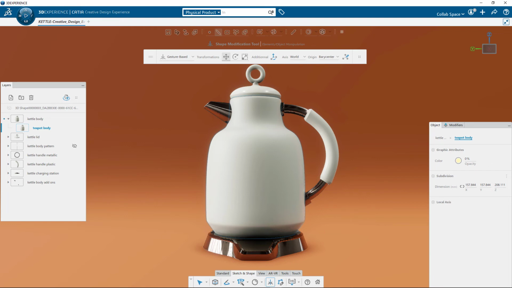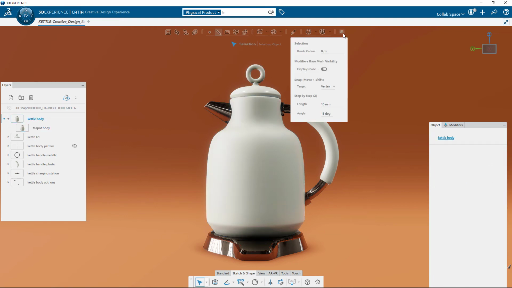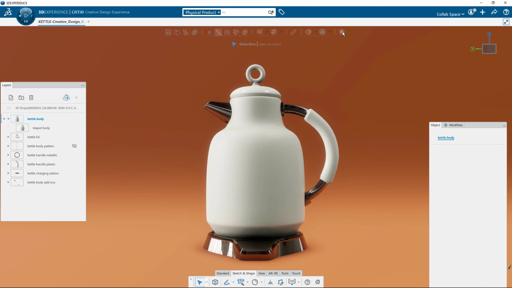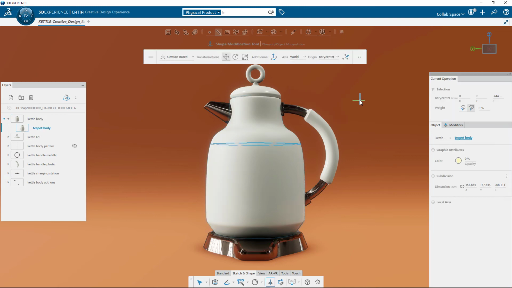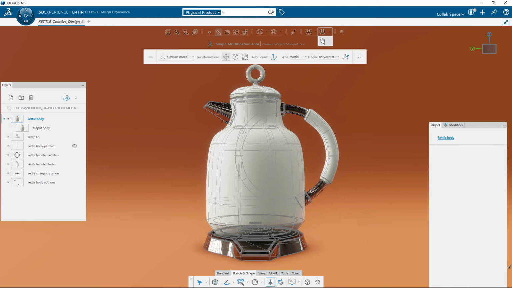On the right side of the option bar, you have access to advanced parameters such as brush radius, snap filters, or step-by-step, but we will not talk about it for the discovery. Last one is the element display, where you choose to display hidden elements or hide them to prevent them from selection. The elements hidden by the shape are in low opacity and not selectable. With the other mode, you are able to select any element in front view or even behind.